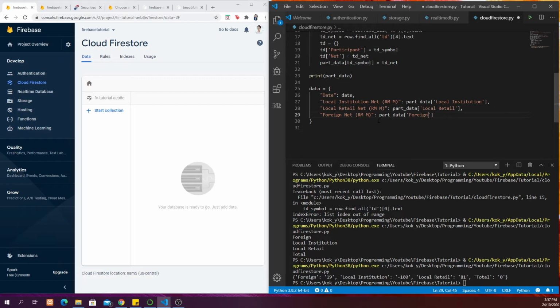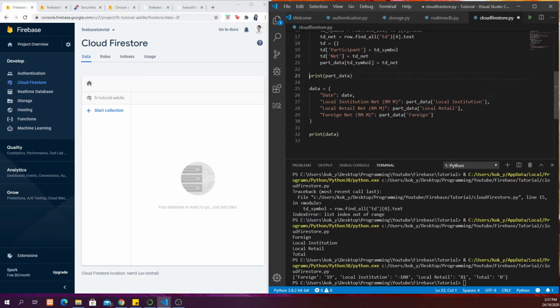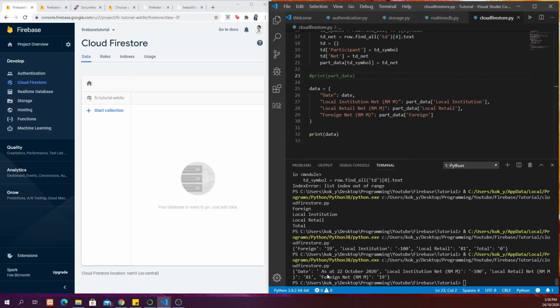Cool. And if I print my data, comment this out, okay, this is the new dictionary that I have,